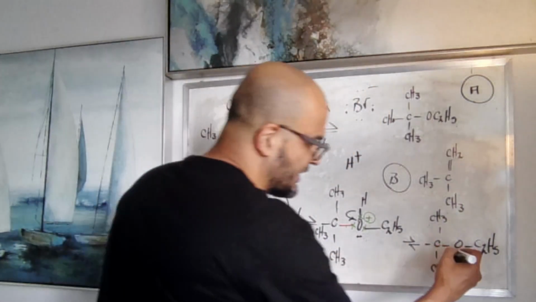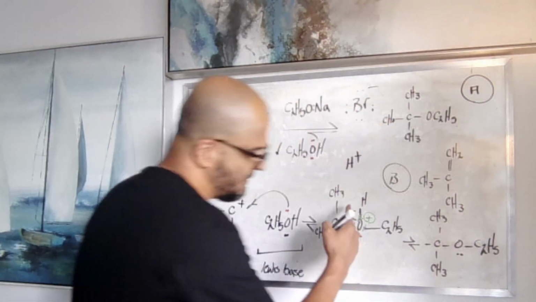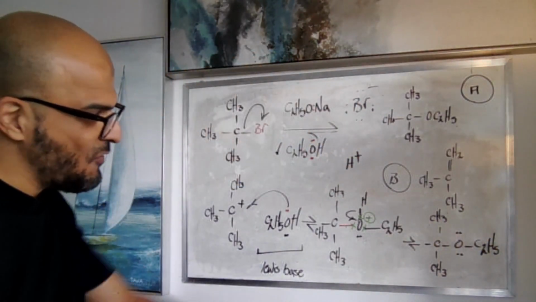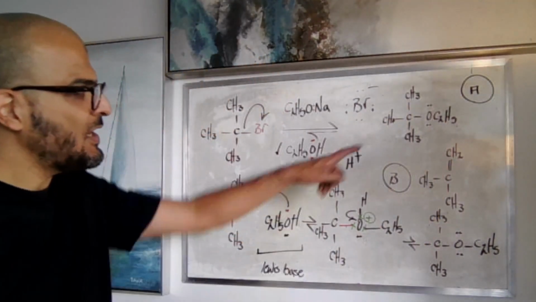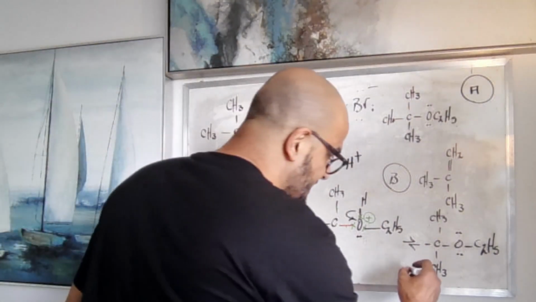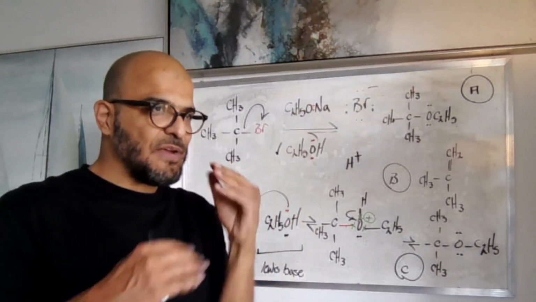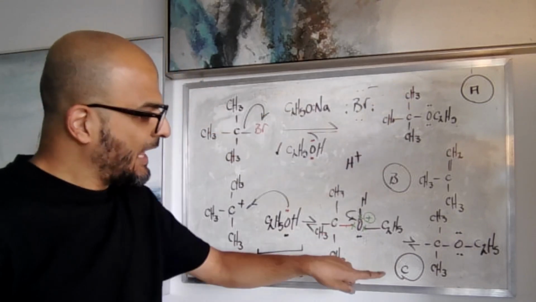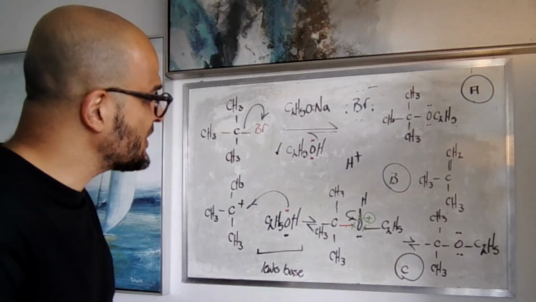C2H5. We had the lone pair there. The lone pair from the cleavage of this bond is also going to be given back. We have this one there, which essentially you see is the same product that we had in tutorial 1. I'm just going to call that product C. You see that product A, which we had in the first part of the first tutorial, and product C are exactly the same,